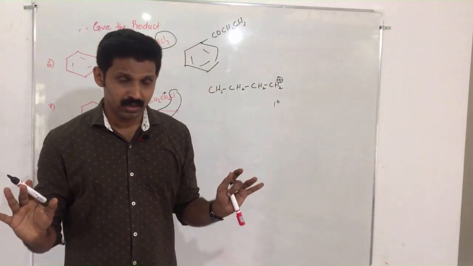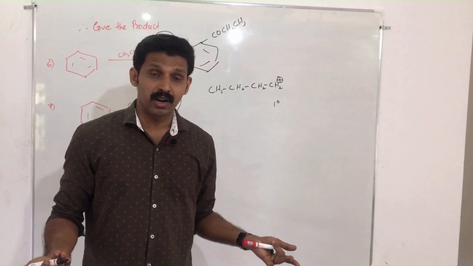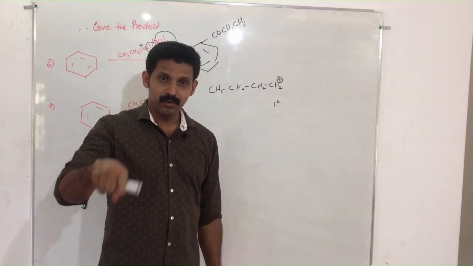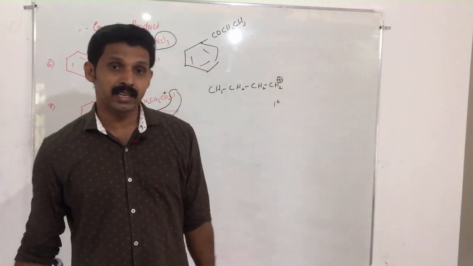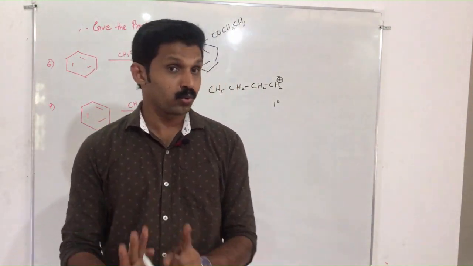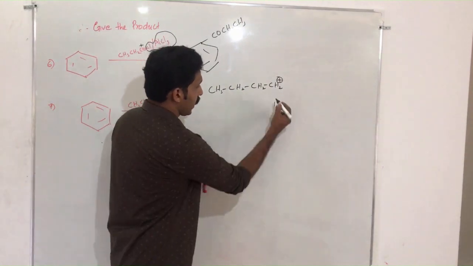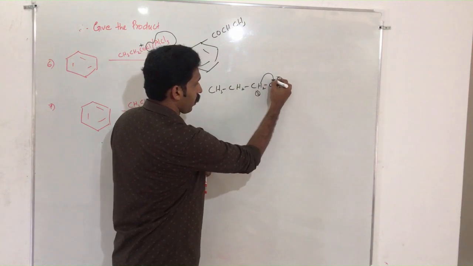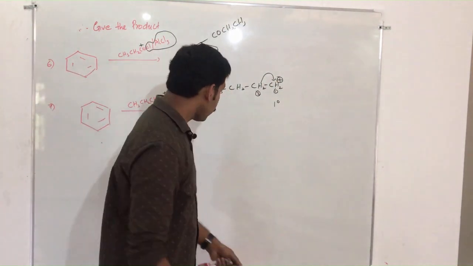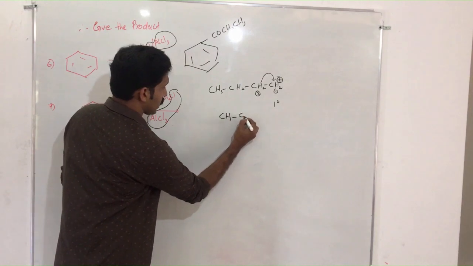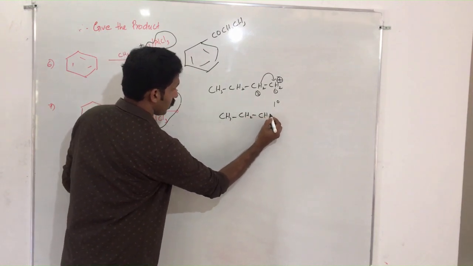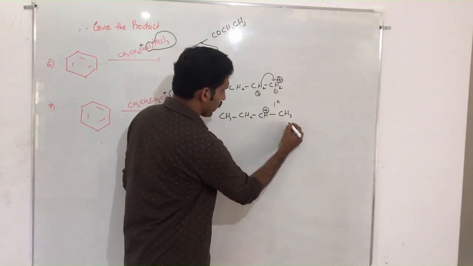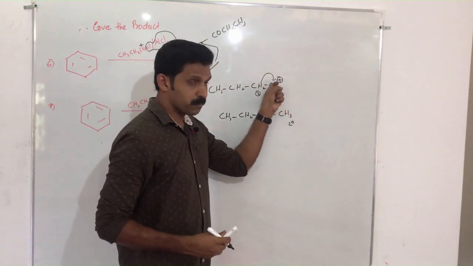Why does this undergo rearrangement? Because it gets more stability. This is a primary carbocation. Now you have to look at whether this molecule can go to a secondary or tertiary carbocation through rearrangement. Look here. This is taken as the 1 position, this is taken as the 2 position. When you shift a hydrogen from here to here, that is a 1-2 shift. So you will get CH3CH+CH3. This is the answer. This is a secondary carbocation, which is more stable than the primary carbocation.